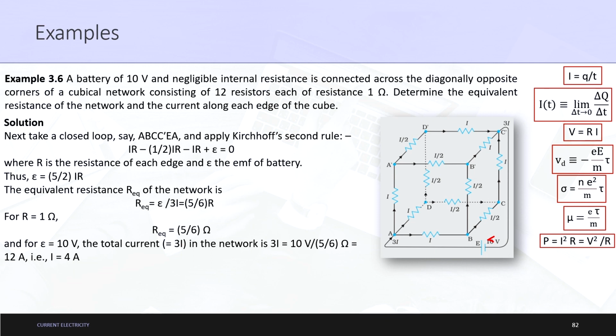So, how can we apply this relation here? First of all, what is happening here? Let us say I am here. As the current is flowing, the drop will be minus I into 1, again, with I by 2, it will be minus I by 2 into 1, again minus I into 1. So, this is done, this is done, this is done, then I move here and there is a plus 10 volts here. Therefore, what I found was that this value is equal to